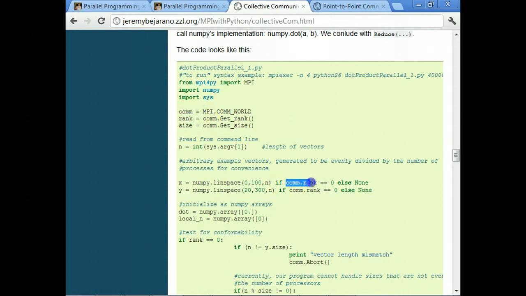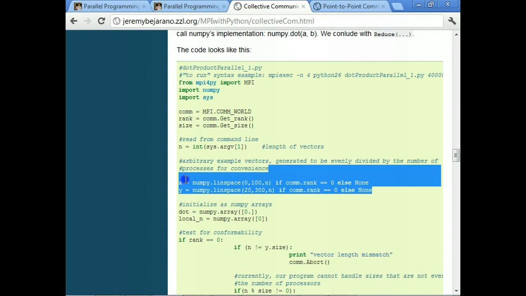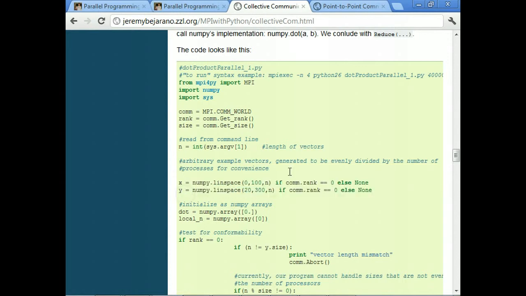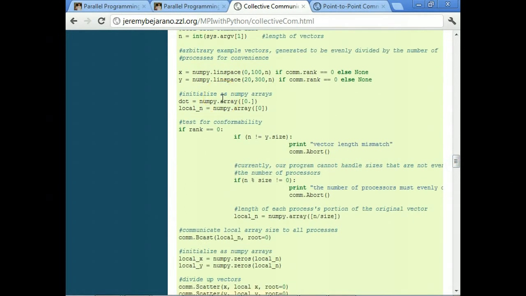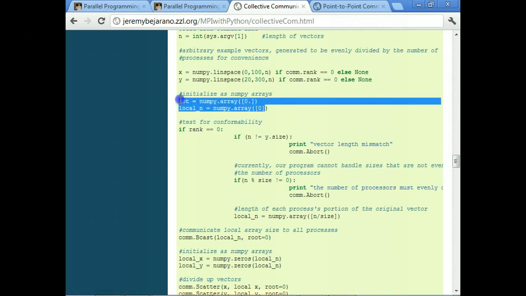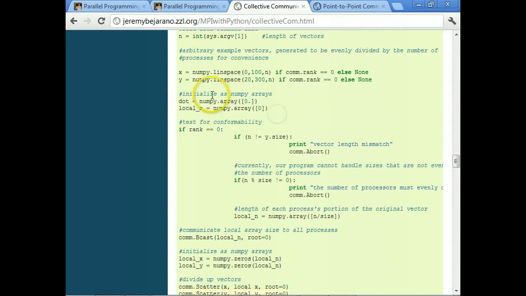I'll change that, but just so you know that you could write it that way, this is how you could do it. So that saving the vectors only on the root node. So we have to initialize our variables as NumPy objects.